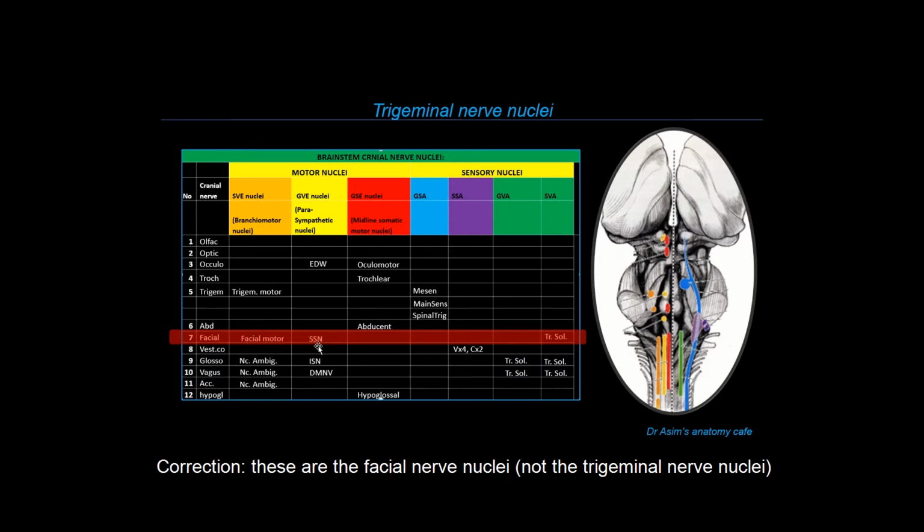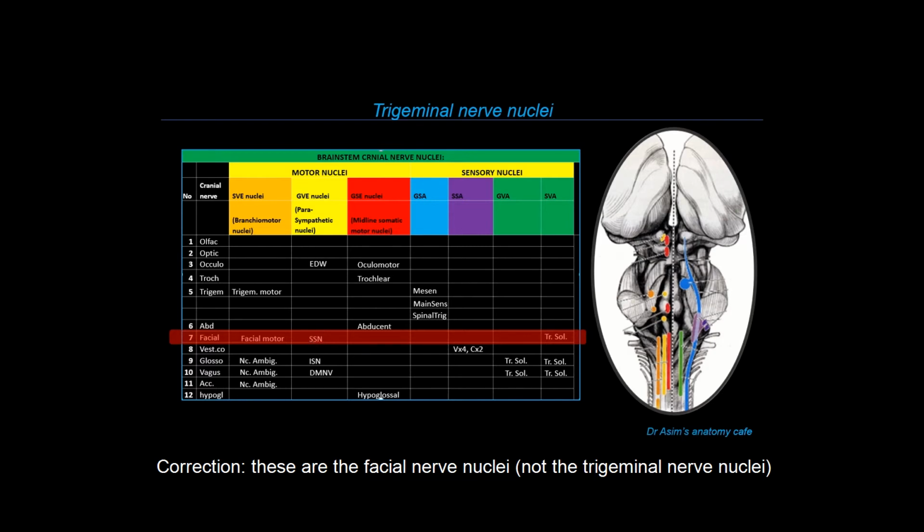It has 2 motor nuclei and 1 sensory nucleus. One of the motor nucleus is situated in the special visceral efferent column of the table and hence will innervate all the structures which are derived from the second branchial arch. The other nucleus is situated inside the general visceral efferent column of the table, which is a column for the autonomic motor nuclei. And this nucleus will innervate autonomic or the visceral structures which are not under our voluntary control. And these will include mainly the lacrimal gland and the 2 salivary glands, including the submandibular and the sublingual salivary